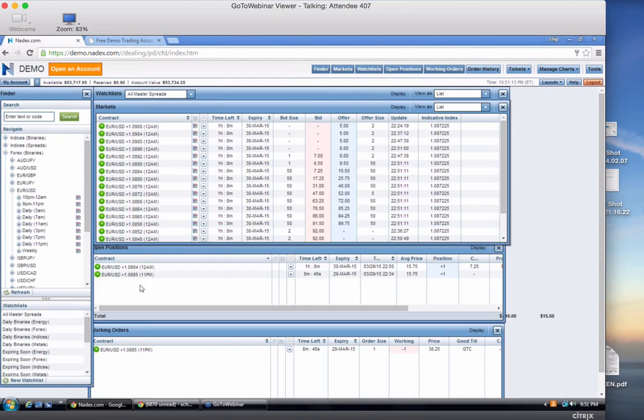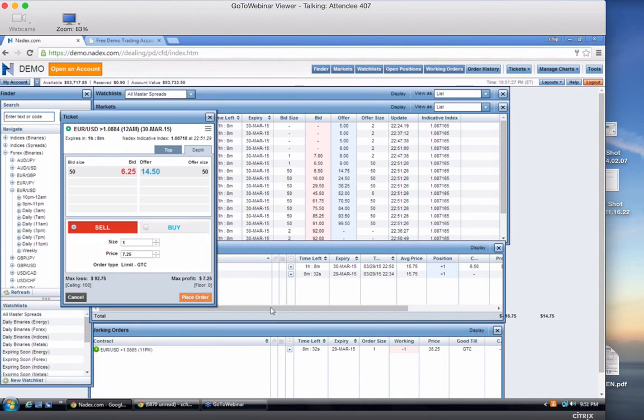So anyway, here's the position. I'm buying one at 15.75, and this is now an open position. I have the trade on, and when I click that green circle, that gives me the offsetting position. It's got everything at the time. This is where the bid was at the time I clicked that green circle.